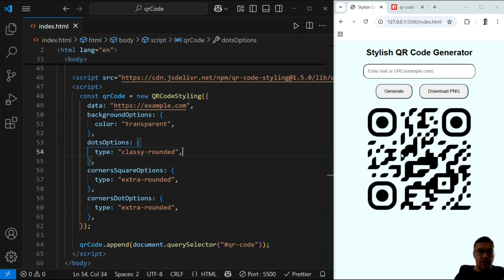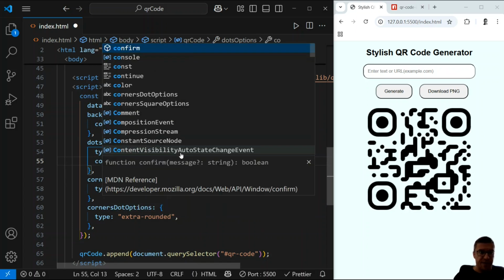As you can see now, you can have this shape of your dots. I will put it back to extra rounded because I'm satisfied with this look. Also, you can change the color for each and every